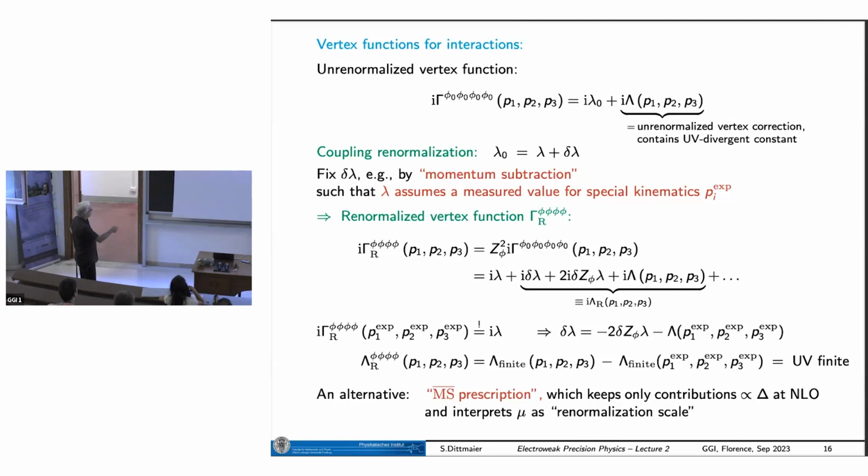This was one version of momentum subtraction. There are also others that you certainly have seen and maybe also used before. For example, the technically easiest prescription is going under the name MS bar prescription, which does not make use of any special kinematical point, but you just say by definition, I calculate my delta lambda exactly in such a way that, in the renormalization constant for this coupling, I only keep the ultraviolet divergent term, plus a little bit of universal constants, and this is exactly this capital delta factor that I have